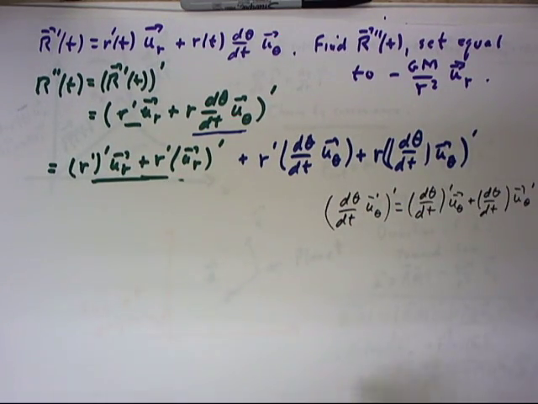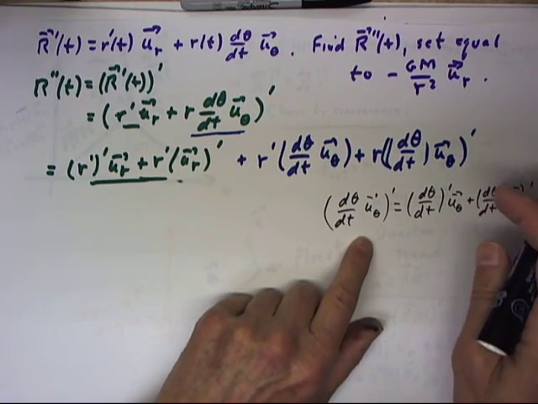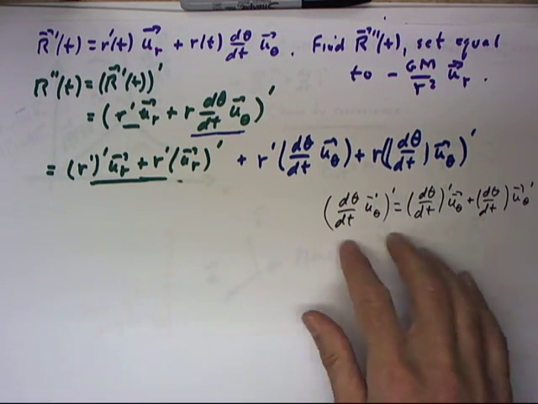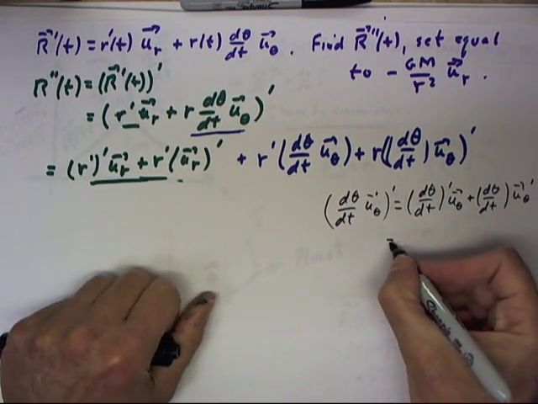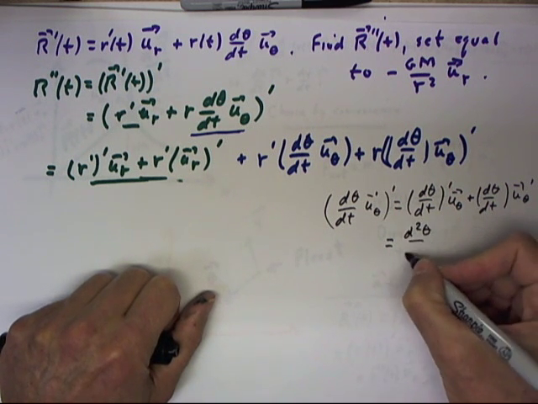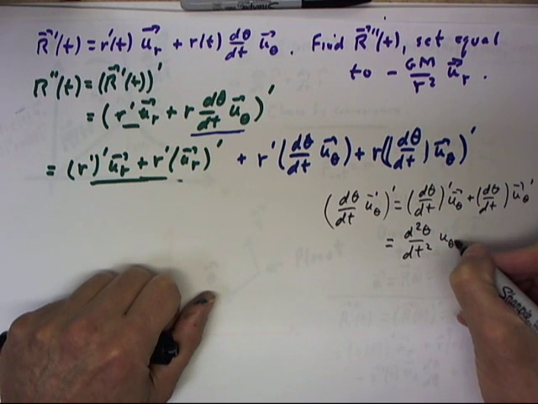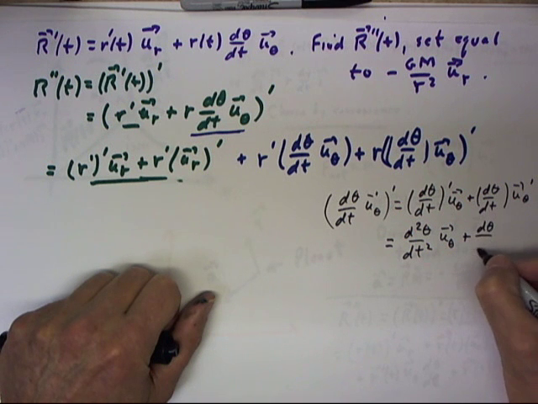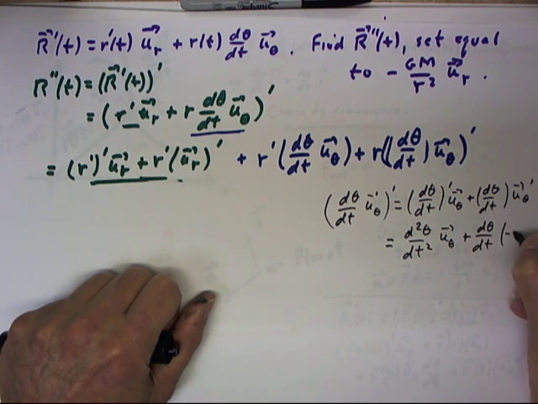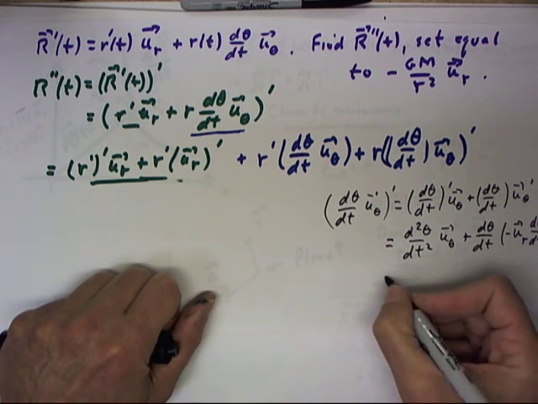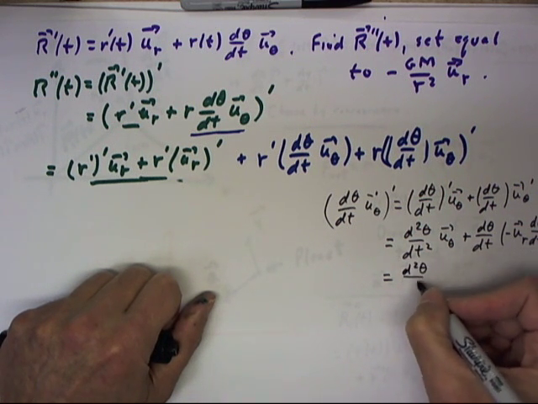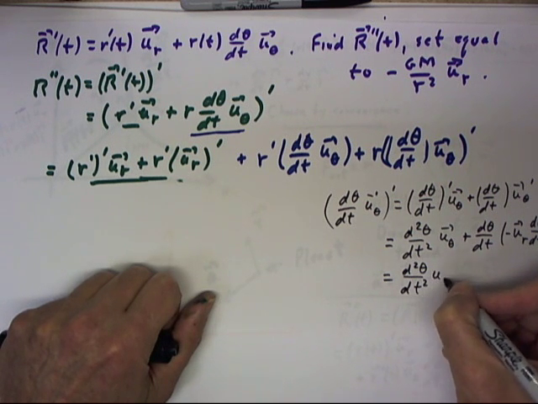Okay, looking at the entire expression and noting what the derivative of this expression is, let's write out one more step. This is going to be the second derivative of theta with respect to t times u sub theta, plus u sub theta prime, that's going to be d theta dt times negative u sub r times d theta dt. Since we have the d theta dt twice, let's write this out as the second derivative of theta with respect to t times u sub theta